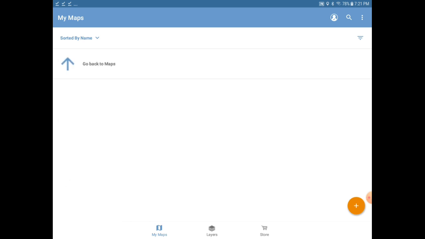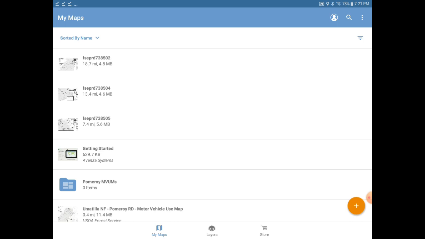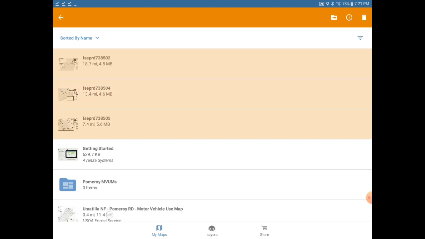We'll open that folder just to show you there's nothing there. We'll click on Go Back to Maps. Now we want to start putting our maps in there. So a long press will highlight or select an item, and then you can just tap on the next items that you want to put in that folder. So you can see we have 4 maps